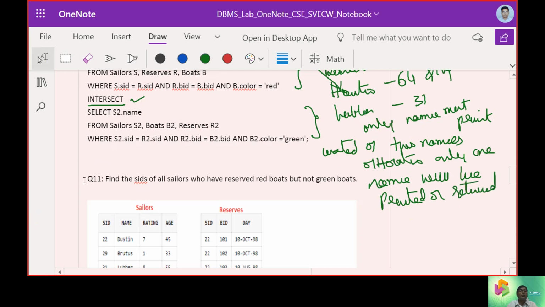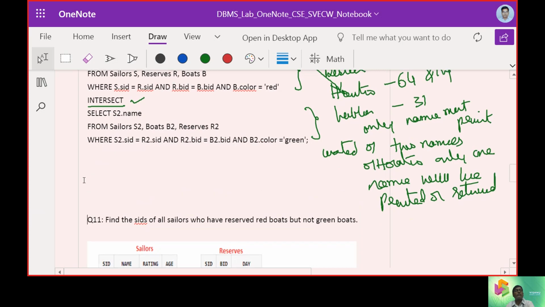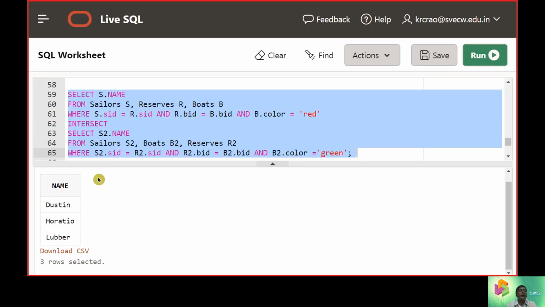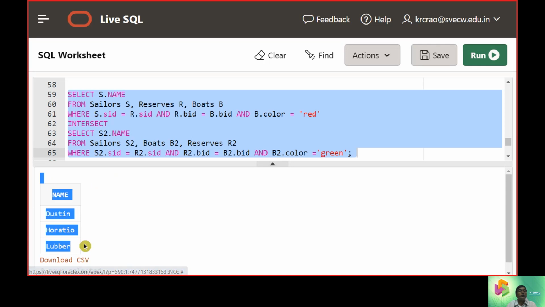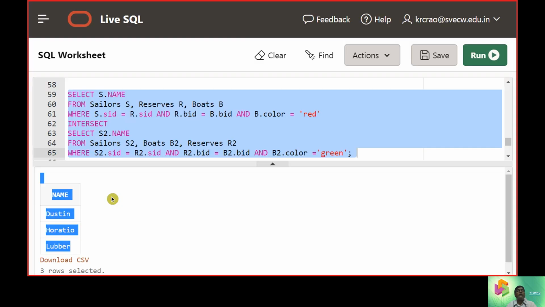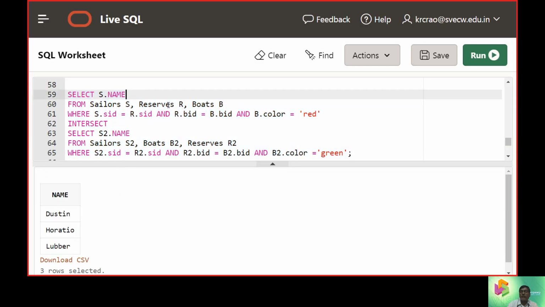That's the reason why we have taken up only the name at this point. Just check out of curiosity what happens if we put SID and SID here.